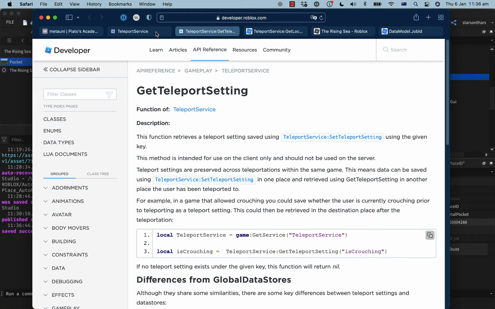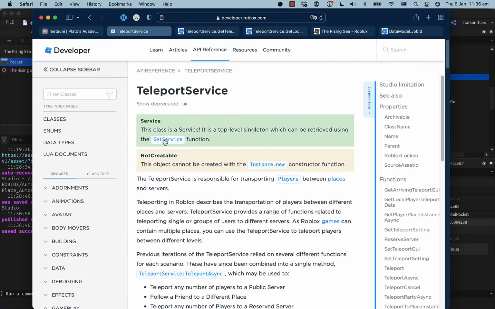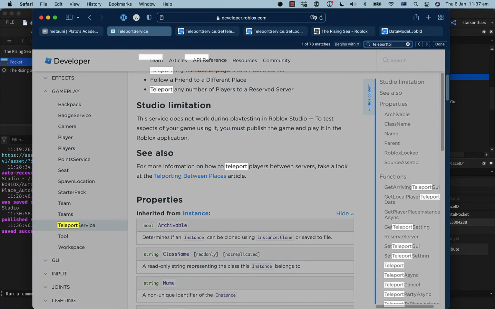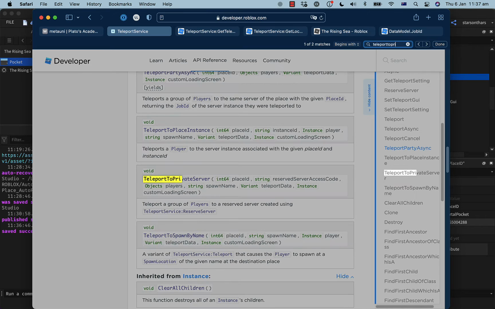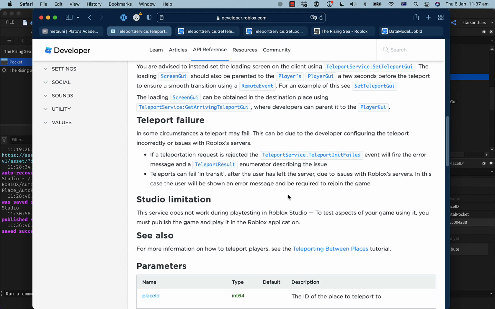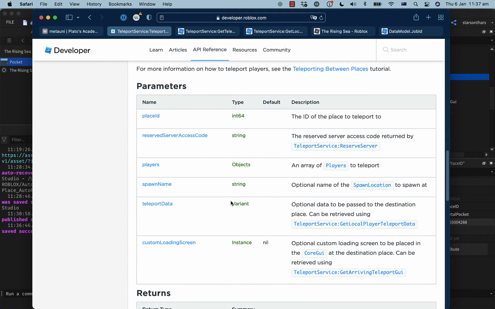It's literally what's defined. Reserved server access code.